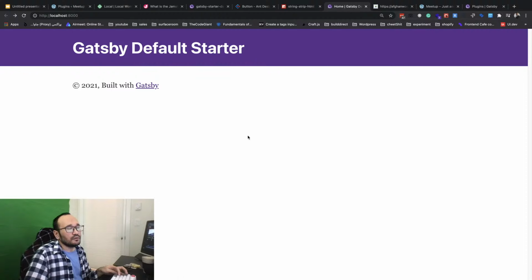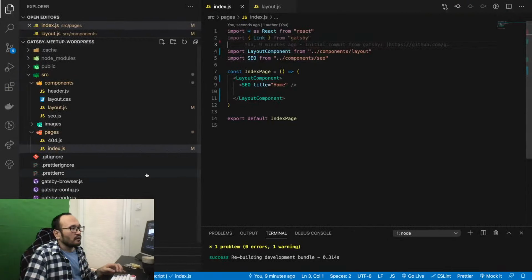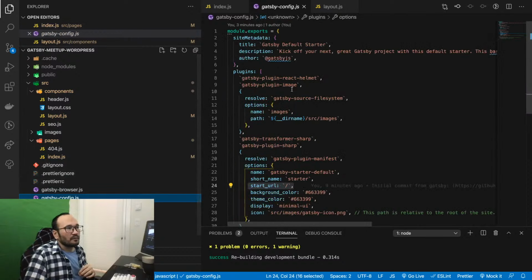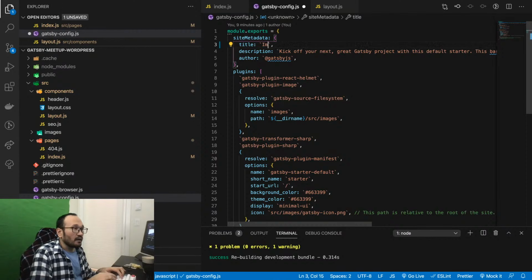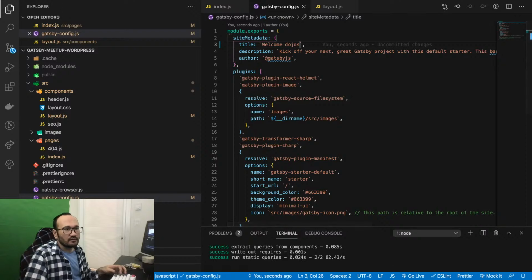Do you remember the Gatsby config? We're gonna go there because we want to install some plugins to use. So what I do, I come here and then I change my Gatsby title to something else. For example, welcome dojos, and I saved it.